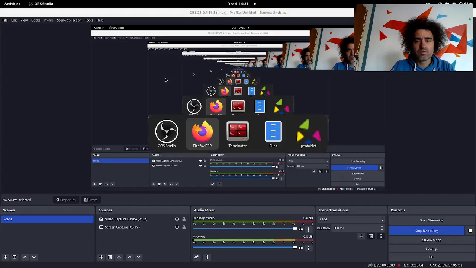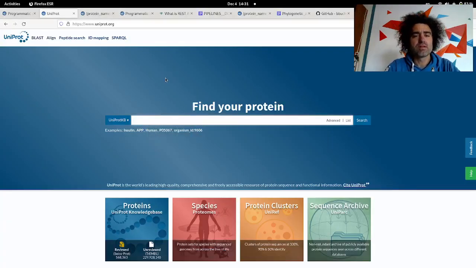Okay, so today we will see how we will download data from Uniprot, so proteins, and we will use these proteins to build a phylogeny of a protein family. So our topic today will be protein family evolution. As an example, we will use the aquaporine protein family, and the general idea will be to download proteins from